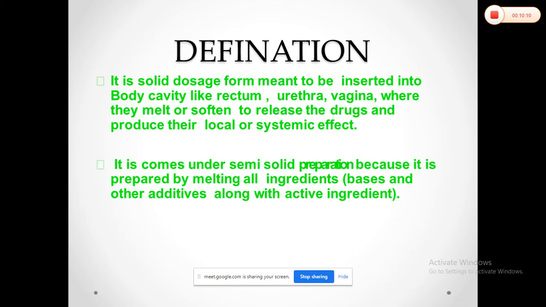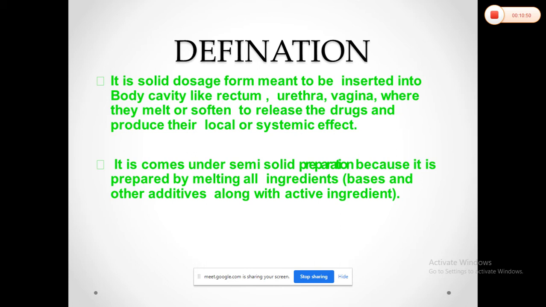We will not call it a solid dosage form. But which are the solid dosage forms? Like tablets, tinctures, powders, where we have to carry out compression or reduce the particle size. But here, the methods we adopt for preparing suppositories are the hand rolling method, the hot process or fusion method, or the cold compression method. In this, you have to melt the ingredients, and most of the bases we use are hydrocarbon bases or glycerol bases. That's why this comes under the semi-solid dosage form.